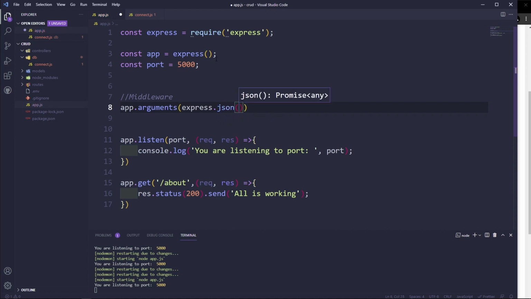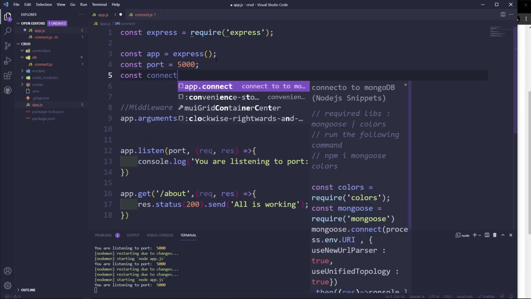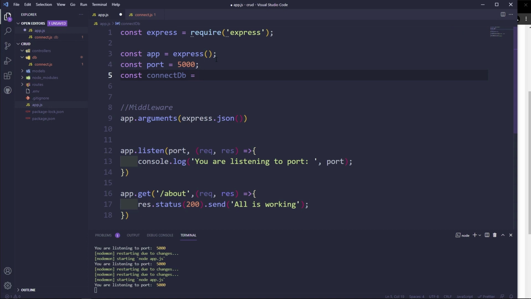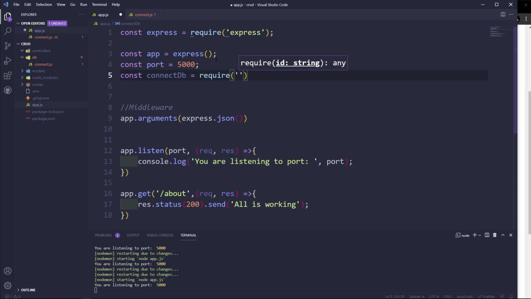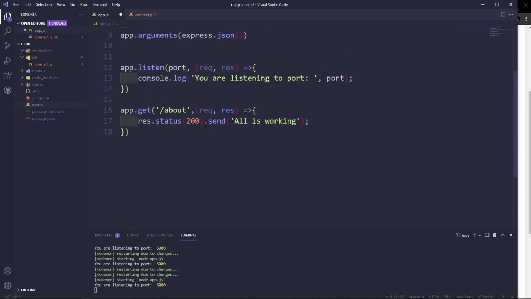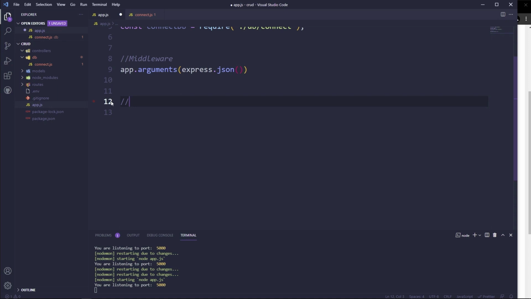Okay, so up here we're going to import the module that we exported, the connection. So the connection module is going to be const connectDB. It's going to require, it's coming from db/connect. Alright, so in the connect we're going to connect down here. So get rid of this, and also we can get rid of this as well. Alright, so in here we're going to type connection,